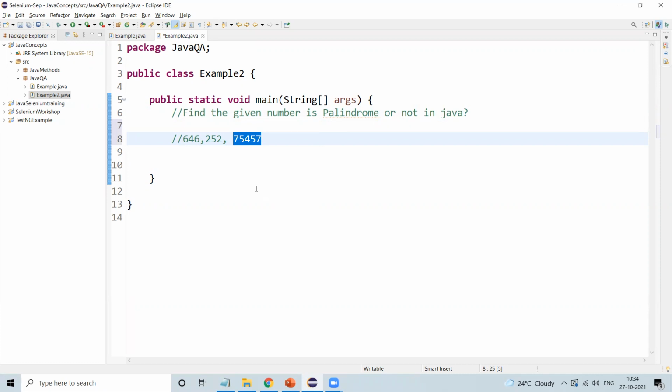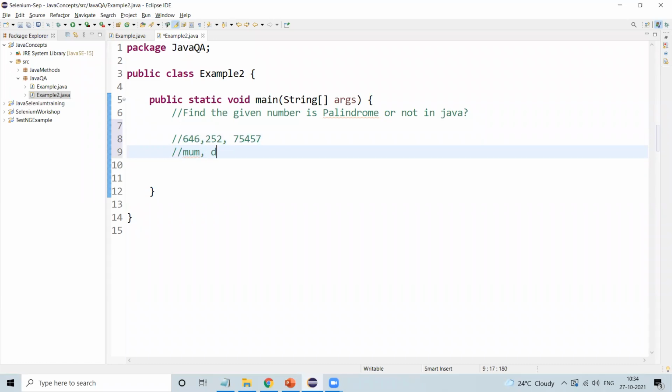If it is the same, then it is a palindrome. If it is not, then it is not a palindrome. A string can also be a palindrome, like mom, dad, or madam. When we reverse this string, if it is the same, then it is a palindrome. We'll understand this with an example.